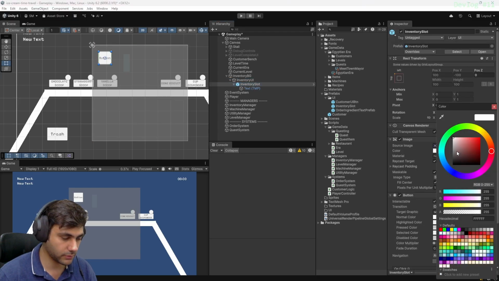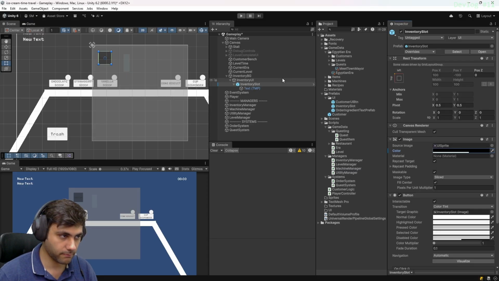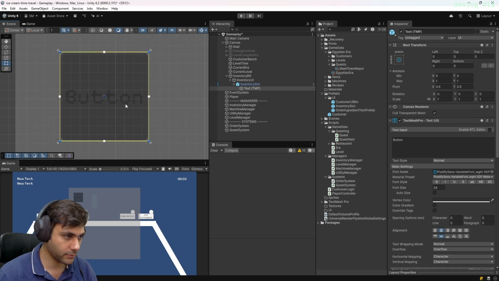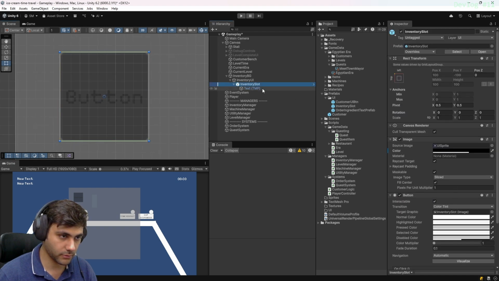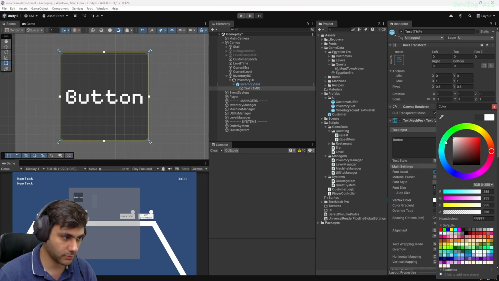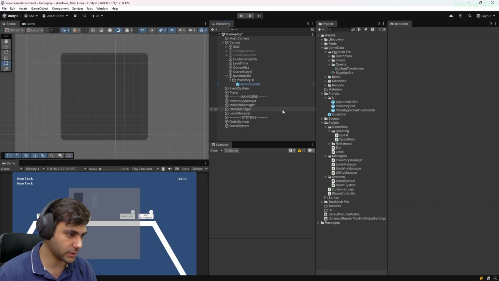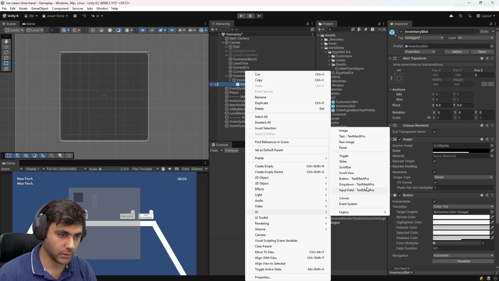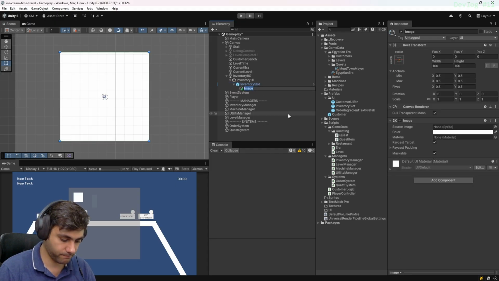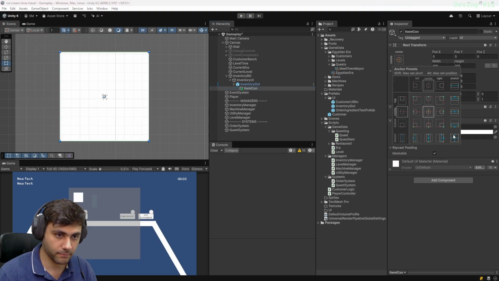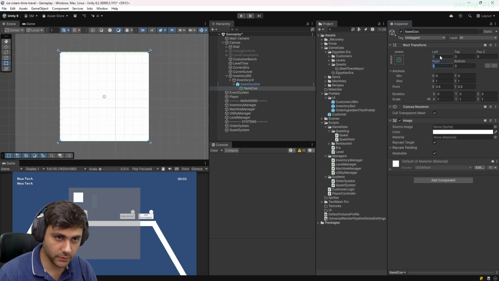Change this to, you do not need this button icon. Doing something like this, we need to